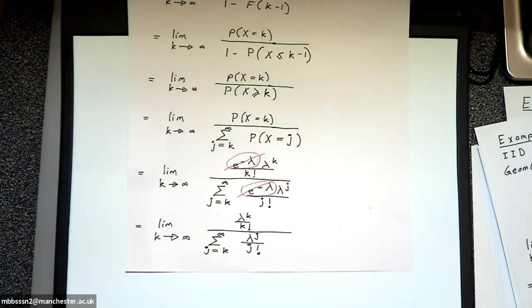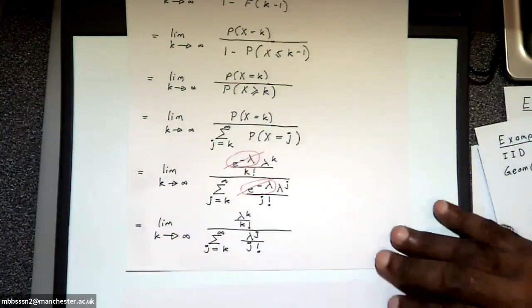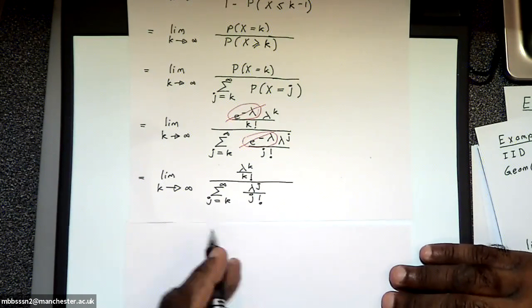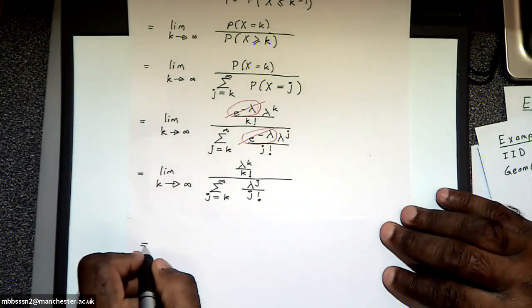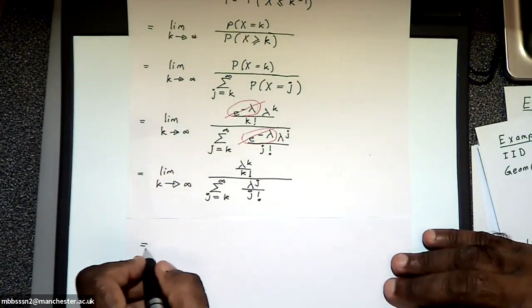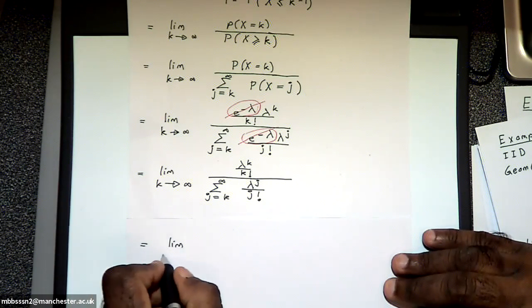I think I may run out of time now. But what I'm trying to show you is that this limit looks complicated, but I want to show that this limit is not equal to 0, proving that the extremal types theorem does not hold, right? That's the purpose. This is where your mathematics comes in, really. Well, whatever you learned in the years before. So this will become the limit